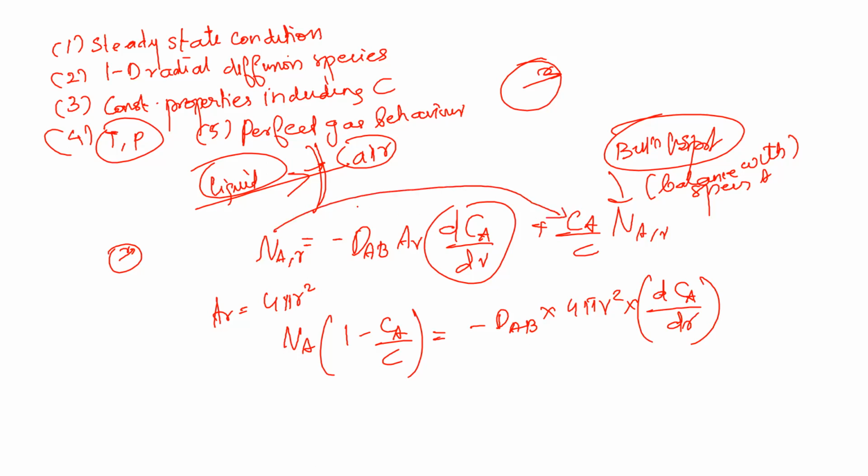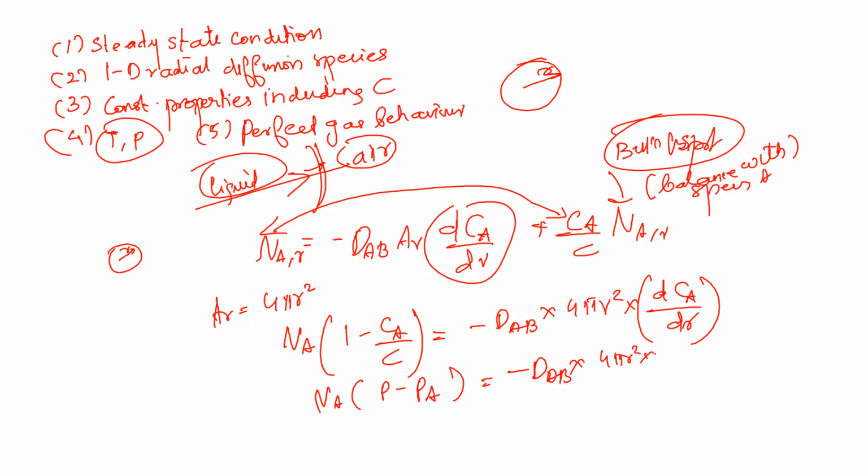This term and this term we can rearrange, and we get NA into 1 minus CA by C equal to minus DAB into 4 pi r square into dCA by dr. So we can write it as NA into P minus PA is equal to minus DAB into 4 pi r square into